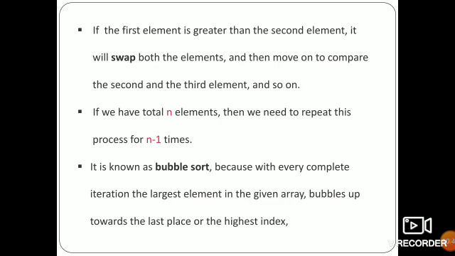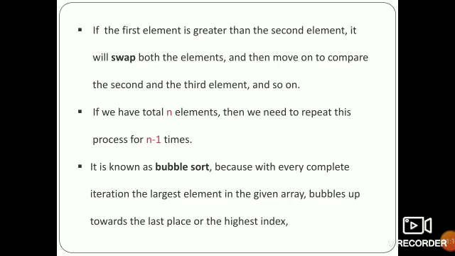So in the bubble sort, the first two elements are compared. If the first is greater, they are swapped. Next, the second and third elements are compared, and if needed swapped. This process is done until n minus 1 passes are completed. So this is known as bubble sort because